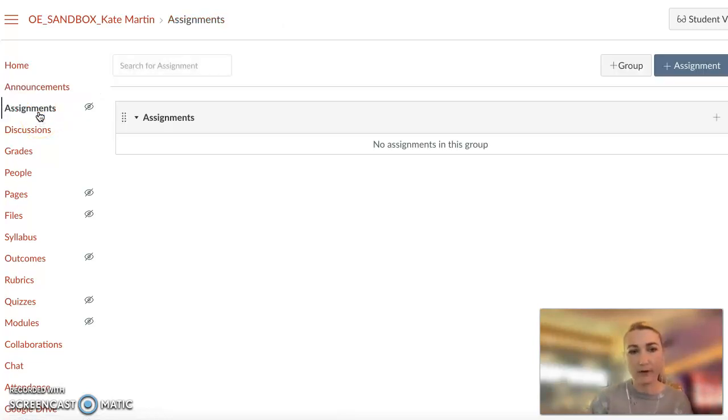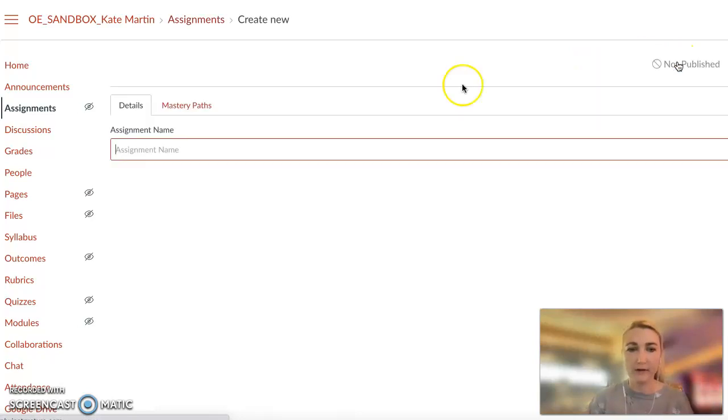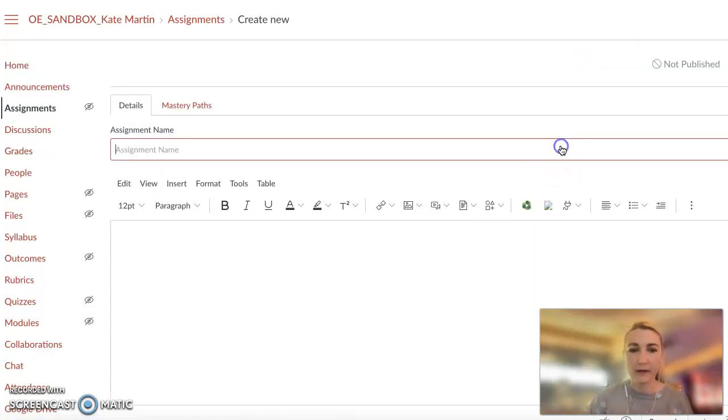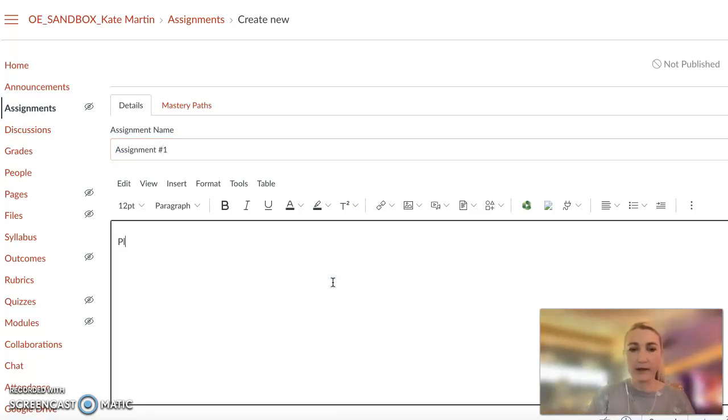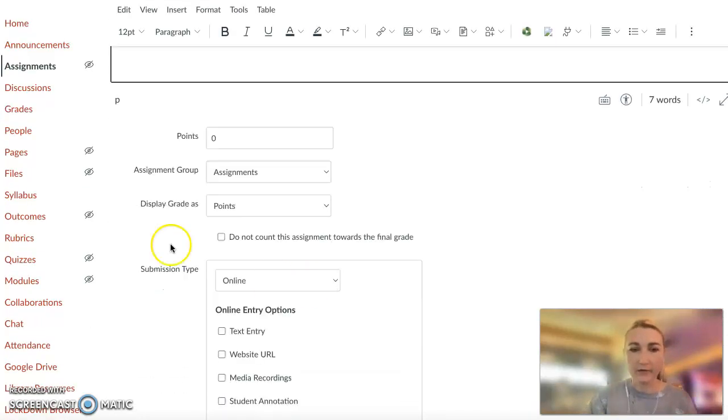Assignment right below it, I'm going to click on that, and I can click on the plus assignment to add an assignment, and I will title it assignment number 1, and I can give some instructions to the students. Please respond to this week's question here. I can assign points,